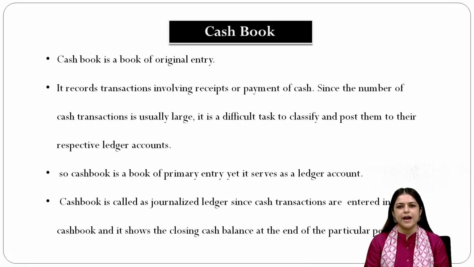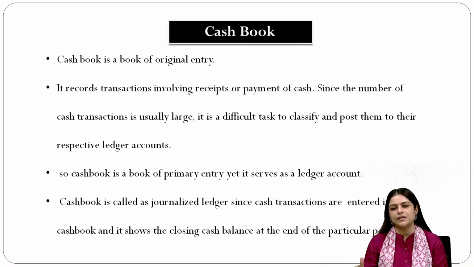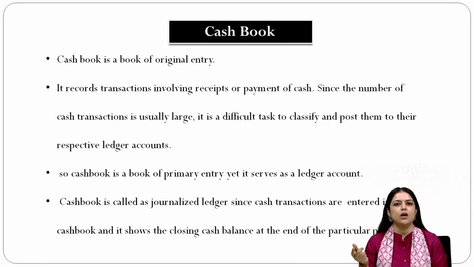First, which is a cash book. So how many types of cash book are available in subsidiary books? First of all, we have to identify the types of cash book. First, the single column cash book; second, the double column cash book; and third, the triple column cash book. So one by one we are going through it.